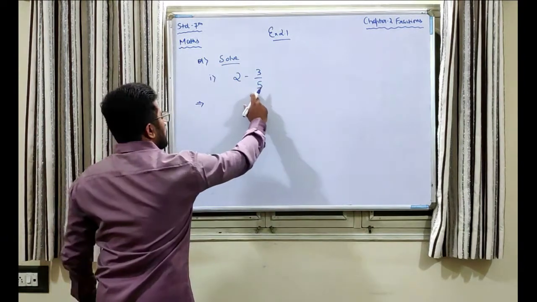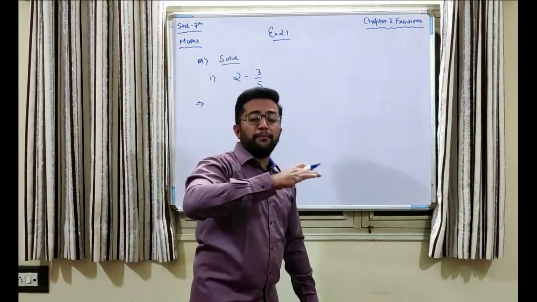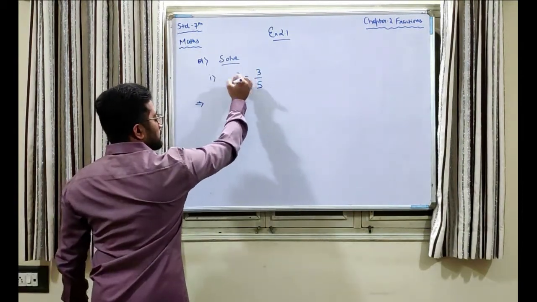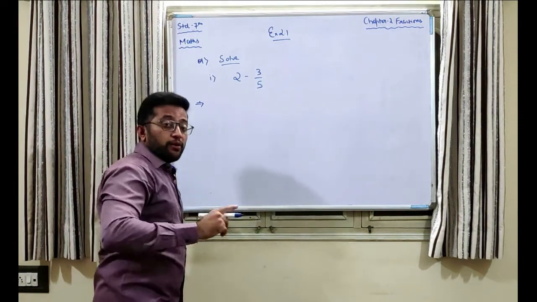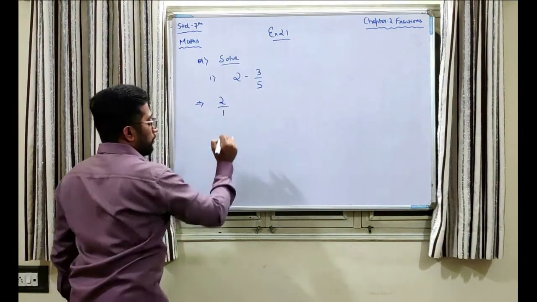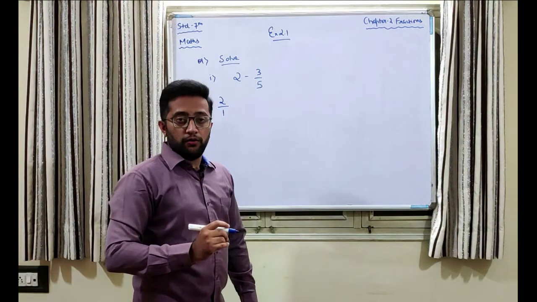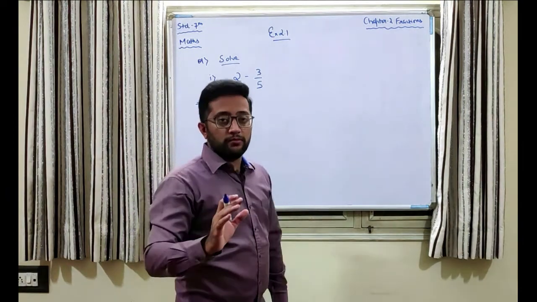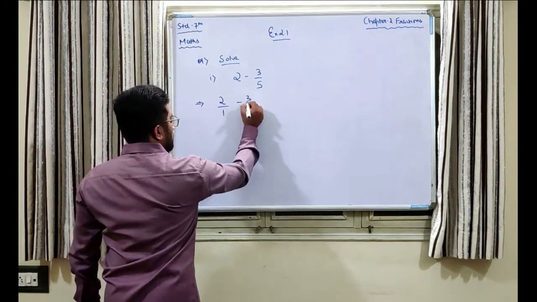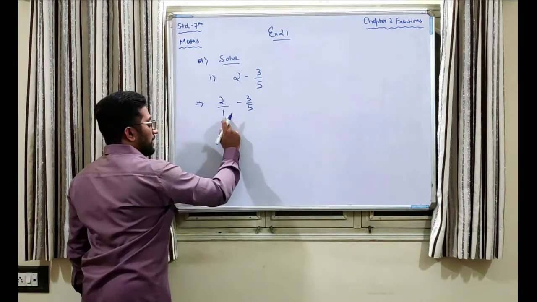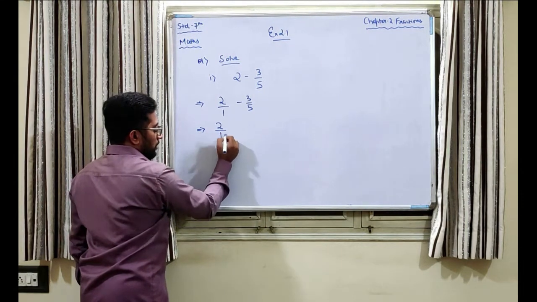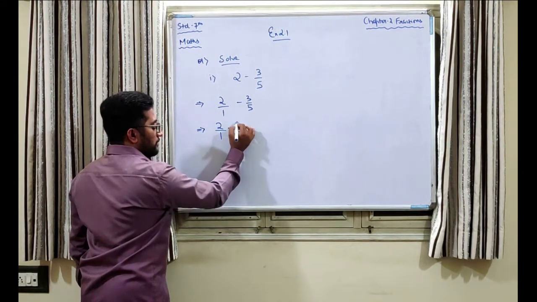So in order to give them a proper view or a proper platform for the purpose of subtraction, we need to get this number, that is the whole number, in the form of fraction and also in which the denominator is same. So what we will do is we will write 1 below the number 2. Okay, if there is a whole number, it is always denoted by denominator 1. Now subtracting 3 by 5. Now if we need to make this and this same, okay, so we can do by multiplying the denominator by 5 here and 5 here.